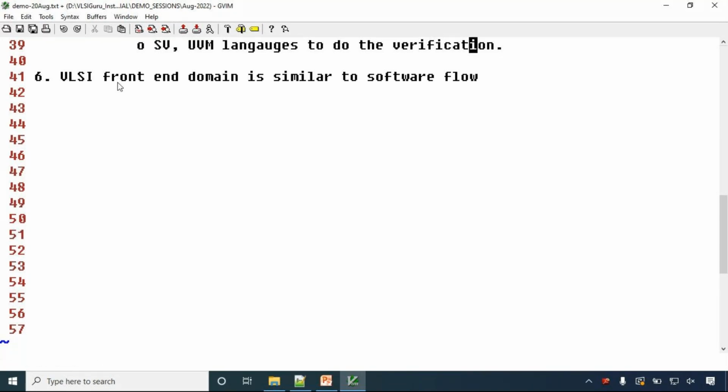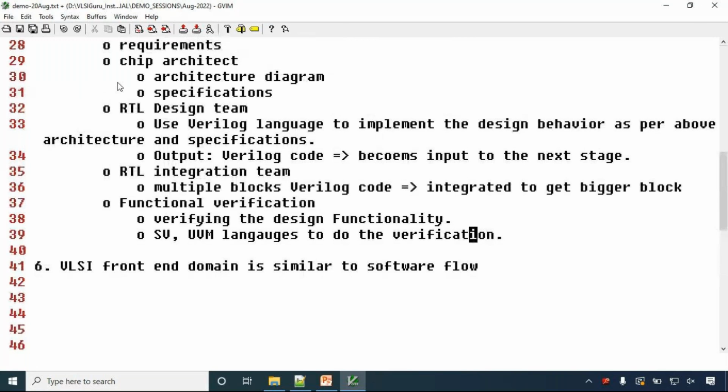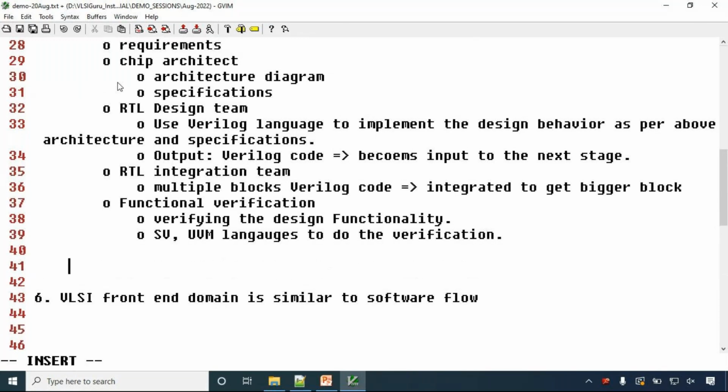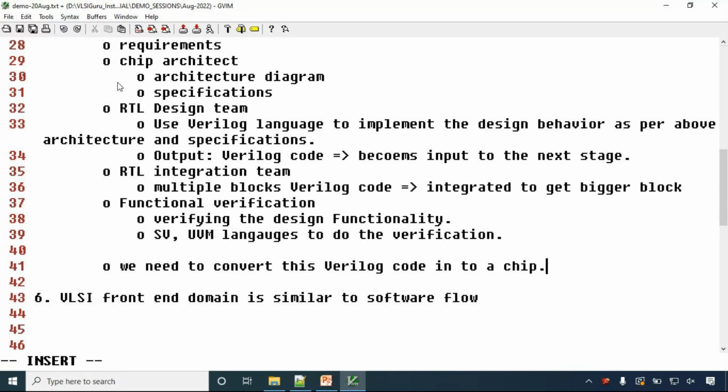Now, what remains is that once you have done the verification, we need to convert this Verilog code into a chip. You agree with that? Finally, it needs to be converted into a chip. Even this phone which I am using would have been Verilog code before it became a chip. It goes through some steps where that Verilog code finally gets converted into a chip. That entire flow